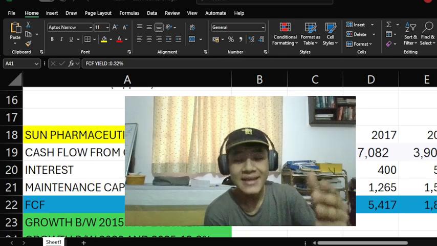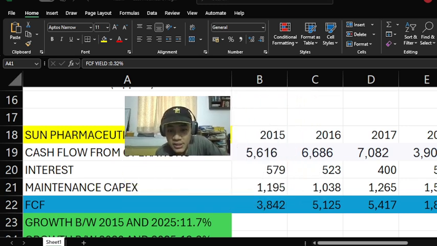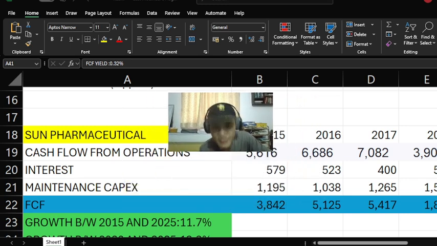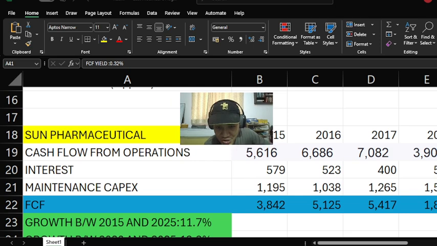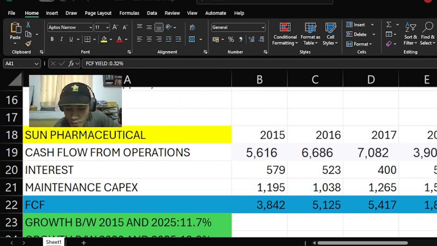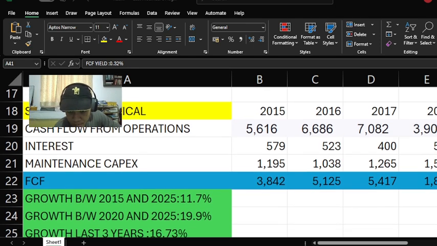Maintenance capex, in that case, we are not taking as equal to depreciation because a lot of its old assets are being used. All right, maybe not the best explanation, nonetheless. So free cash flow,